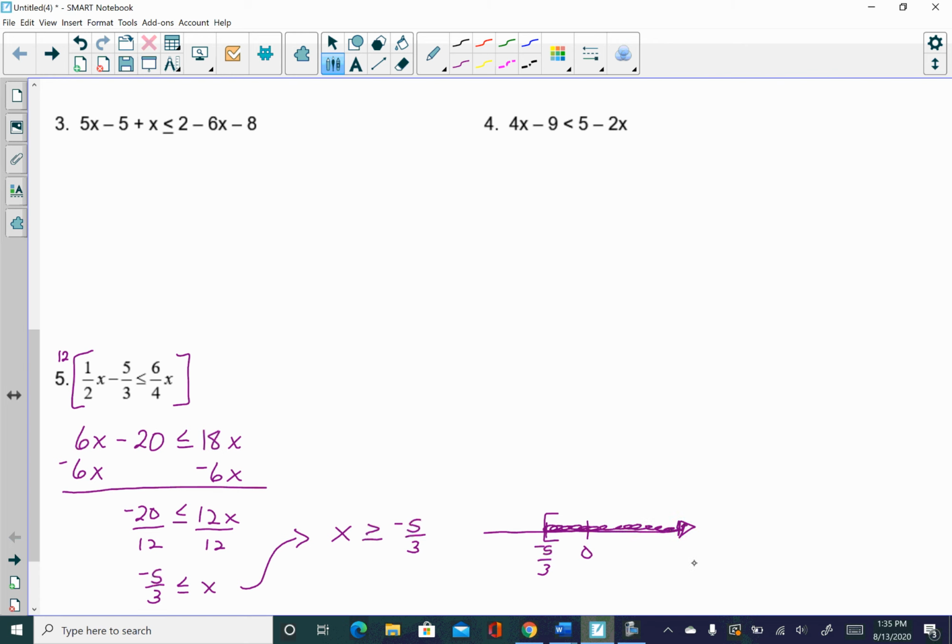Interval notation then, it starts at negative 5/3 and goes to the right forever. The negative 5/3 is greater than or equal to, so it gets a bracket, and of course infinities always get parentheses. All right, if I flip it on over to the next page,